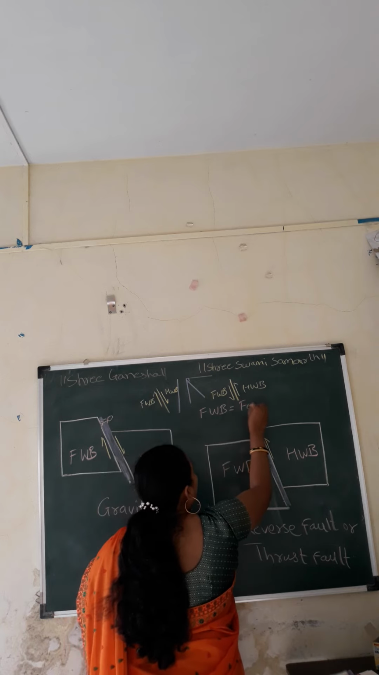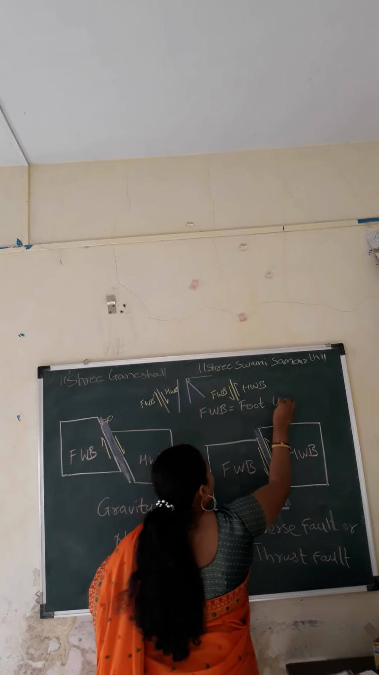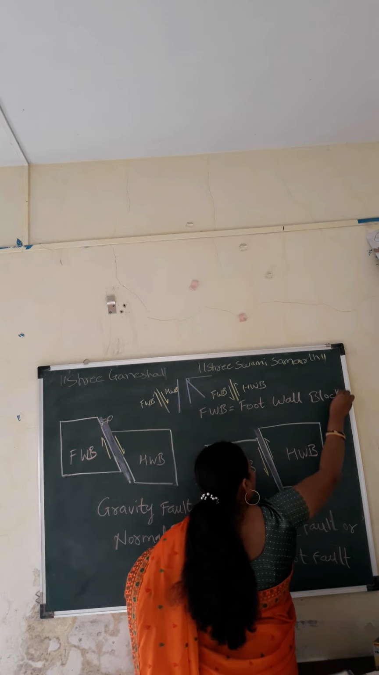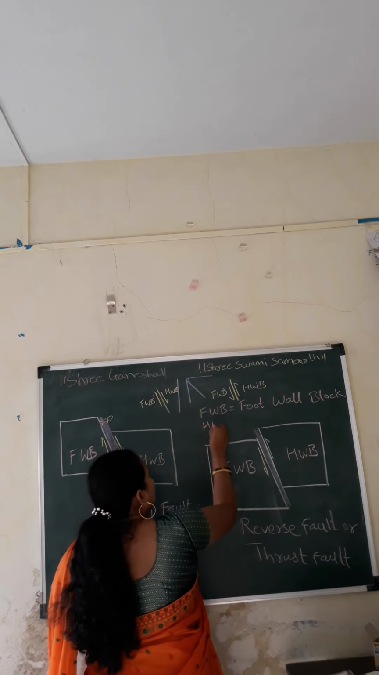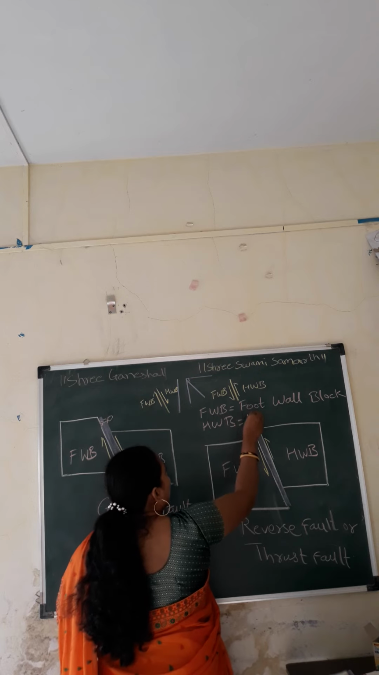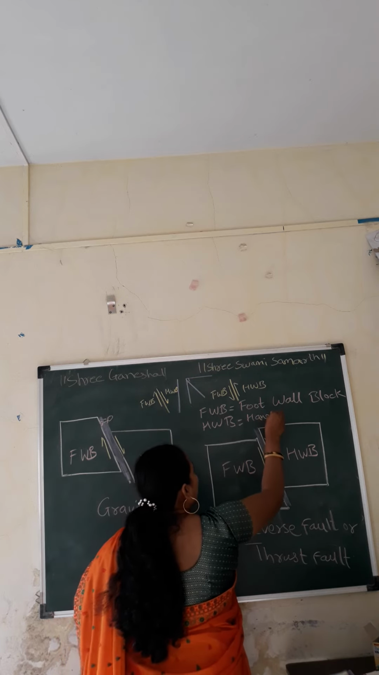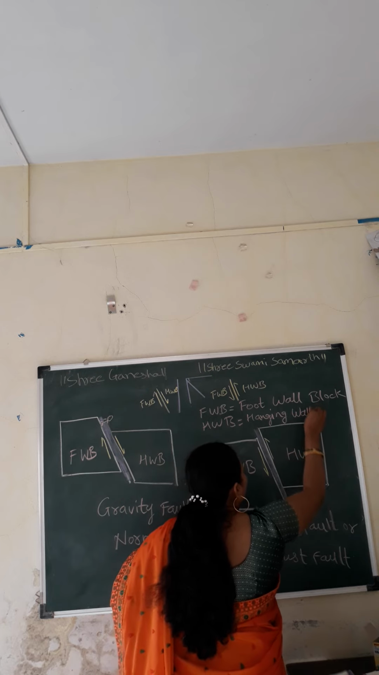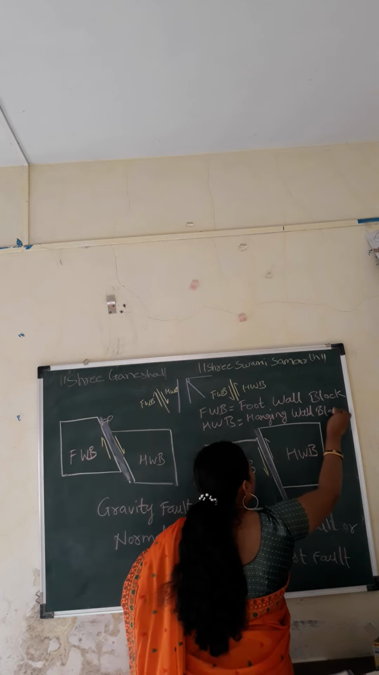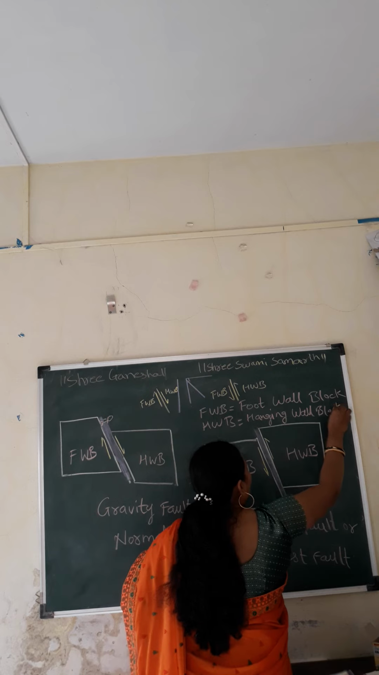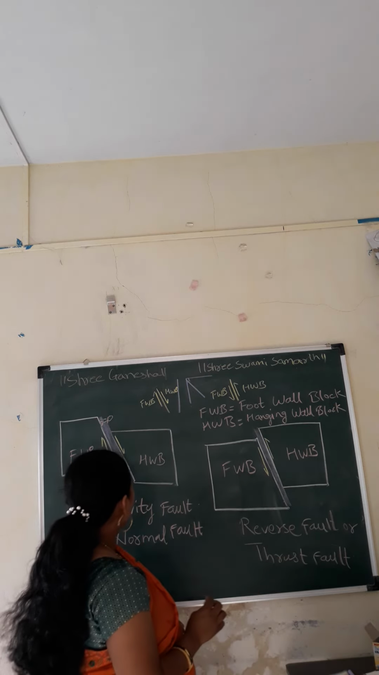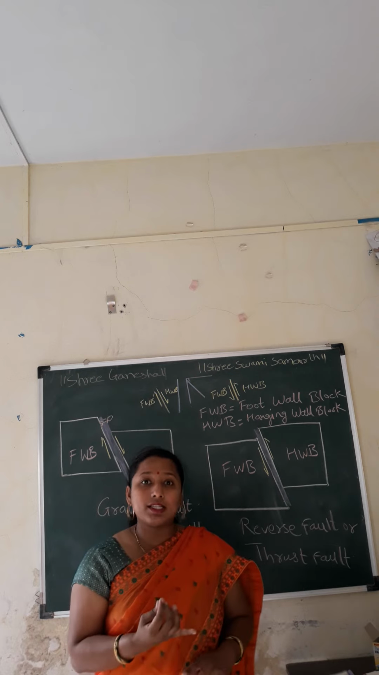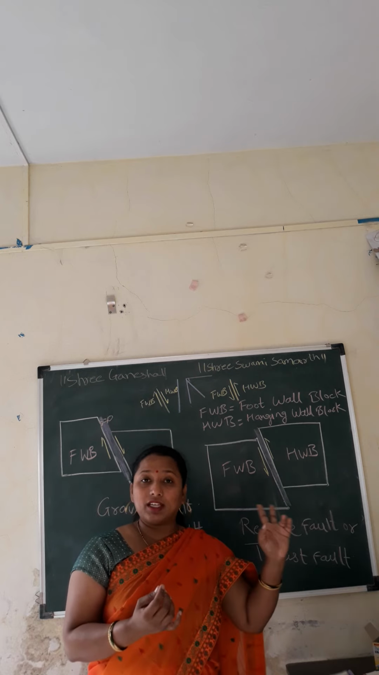Just to give abbreviations, we'll write here. FWB stands for foot wall block and HWB stands for hanging wall block. So, I hope you understood what faults are and the two main types of faults,